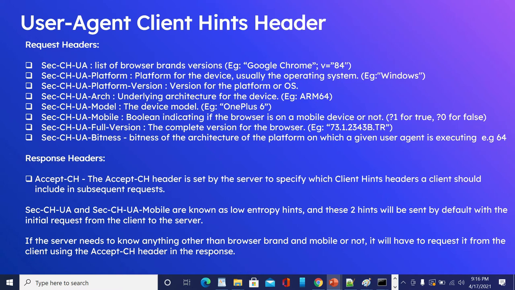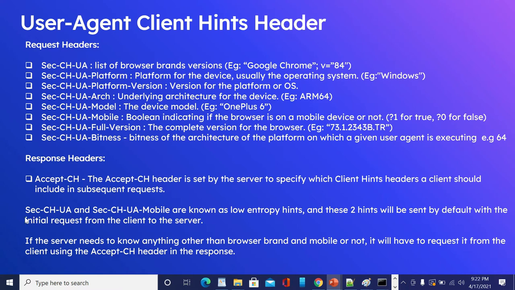There is one response header, Accept-CH. Accept-CH is set by the server and specifies the client hints to be included in subsequent requests by clients. There are multiple request headers, but not all are included by default. The Accept-CH header requests the required headers from the client.